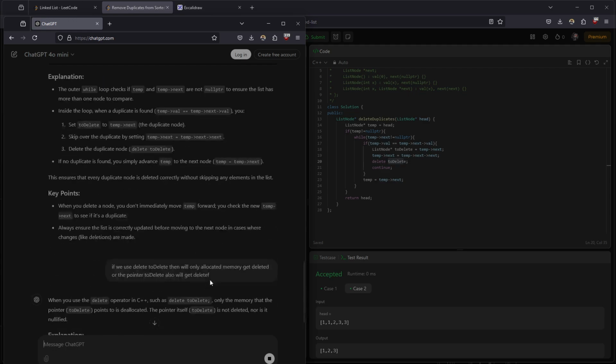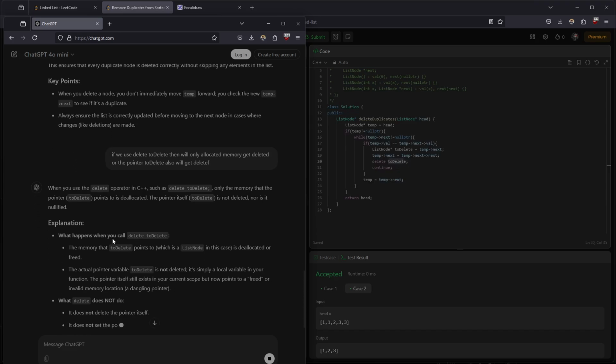Okay, I put this really mistake here. When you use delete operator in C++, the delete to delete only the memory that the pointer points to. Okay, so instead of